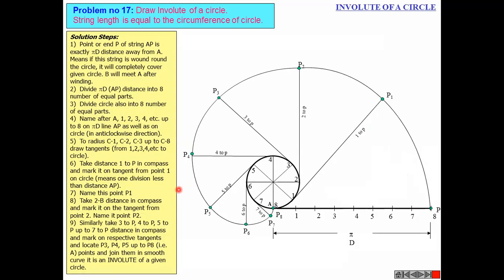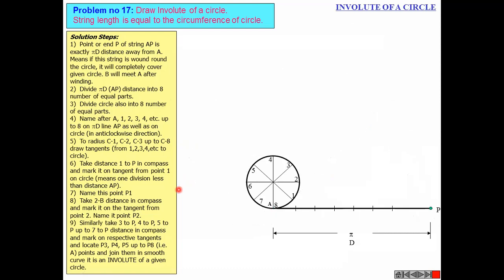So what are the steps? We will repeat again. First of all, draw the circle. I will go backwards again. First of all, draw the circle of given dimension. Given that, divide that circle into 8 parts. Name them. Now, draw a horizontal line from the bottom point of length